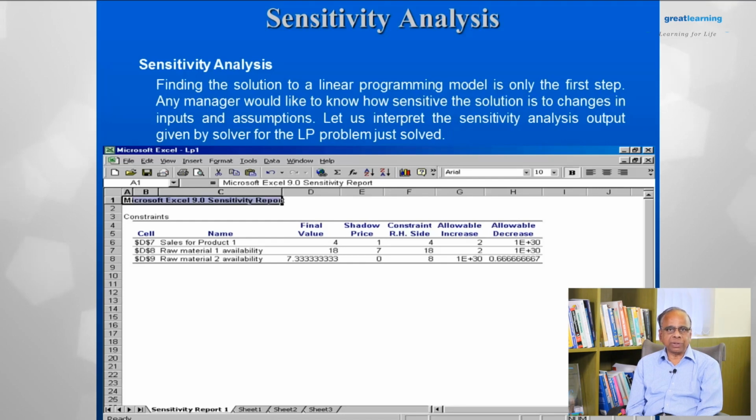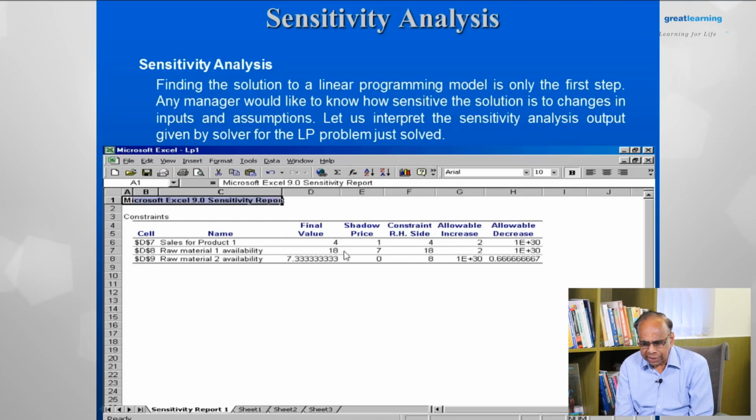he charges some rupees and all that. You give some 1.5 meters or whatever. He has used only 1.4 meters. The remaining 0.2 meter he cannot use for another shirt, so it becomes a waste. Similarly here, this is the best I could do in order to satisfy all the constraints.